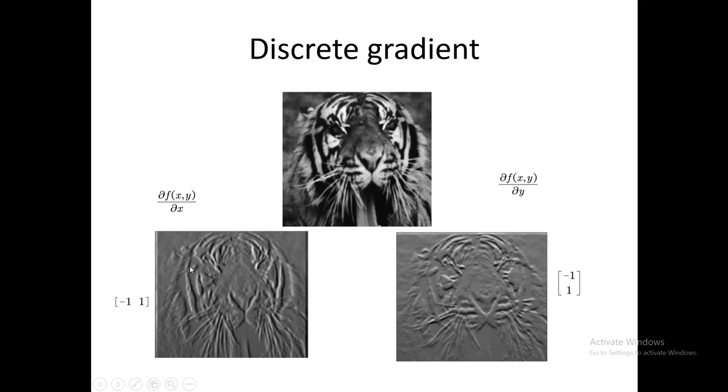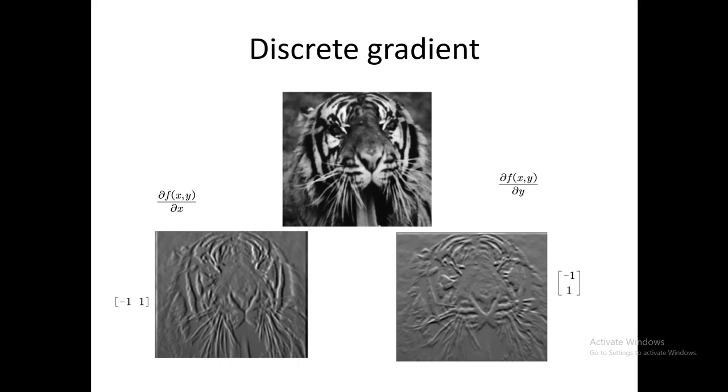mostly the vertical strips in this image. Similarly, in this image on the right side, we can see this detects the horizontal strips. That means it detects the edges along the y direction,